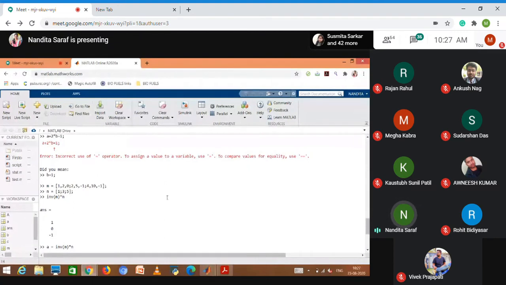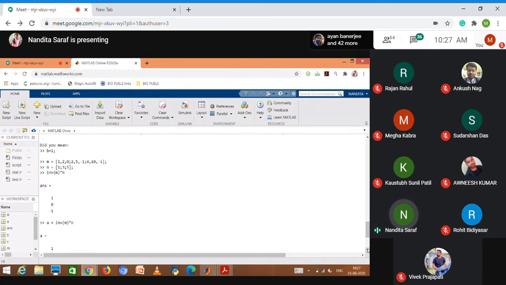So I formed a matrix taking all the numeric values of the variables. I inverted it and multiplied it with the column matrix so as to get all the values of the variables. Then I multiplied the variable values with their coefficients and subtracted the column matrix. I got a residual of 1, which says that this result is verified. So this is the way you can solve linear equations. It could be any set of linear equations, like 5 equations, 7 equations. You just invert the matrix and multiply it with the column to get the answer.